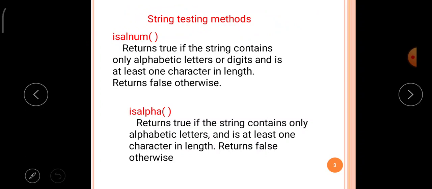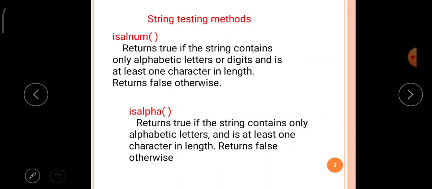The first one is isalnum. The function returns true if the string contains only alphabetic letters or digits and is at least one character in length. It returns false otherwise. So the isalnum function receives a string, which must have at least one character, and returns either true or false.